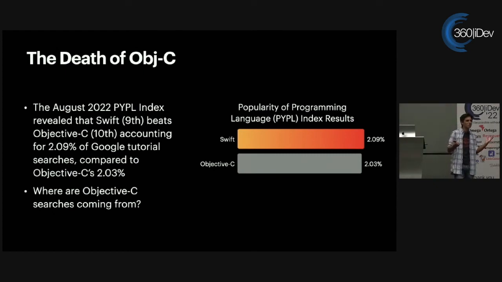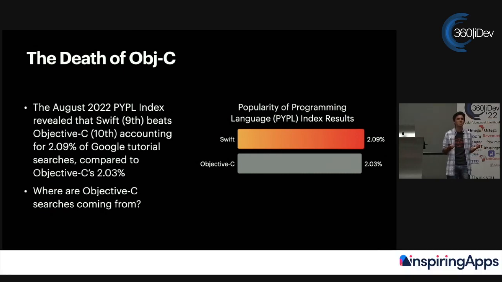I have to say there, I don't know about that, only because I think part of the reason that there are so many Objective-C tutorials still up there is because people don't know how to use it anymore. There are people who are now entering the industry who are not familiar with Objective-C. There are apps being built entirely with Swift that don't have Objective-C code in there. And so you have engineers who are now going into the industry and having to figure out the Objective-C stuff, and that's why they're looking up an increased number of tutorials. You see, before we had 1.8 times more people using Swift than Objective-C, and now to say that they're about the same on searches just shows that even the people using Objective-C, that's no longer their primary focus. They're still trying to figure out what they're doing.